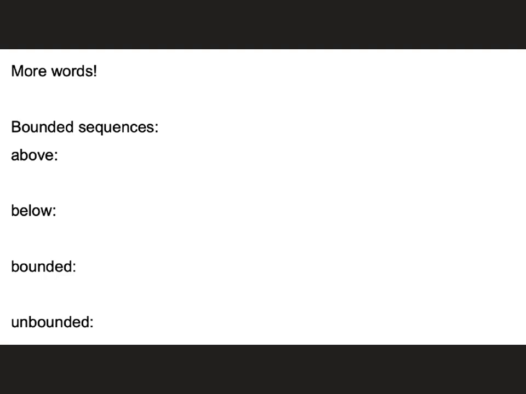So you may be able to figure out what these mean, though. Bounded sequences: if we have bounded above, bounded below, completely bounded, or unbounded. So a sequence that's bounded above would be,